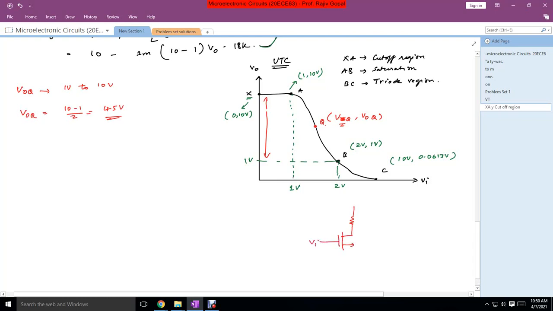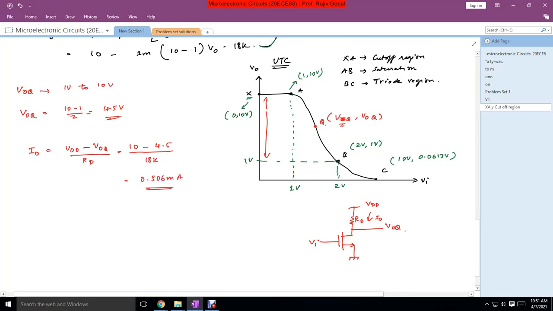Right, I've chosen VOQ as 4.5 volts, and if I look at my circuit diagram, okay, this is VI, this is RD, VDD, V0. Okay, if I take this as VOQ and the drain current which is flowing here, I can write ID as VDD minus VOQ by RD. Okay, so VDD is 10 minus 4.5 divided by 18 kilo. So this is actually 0.306